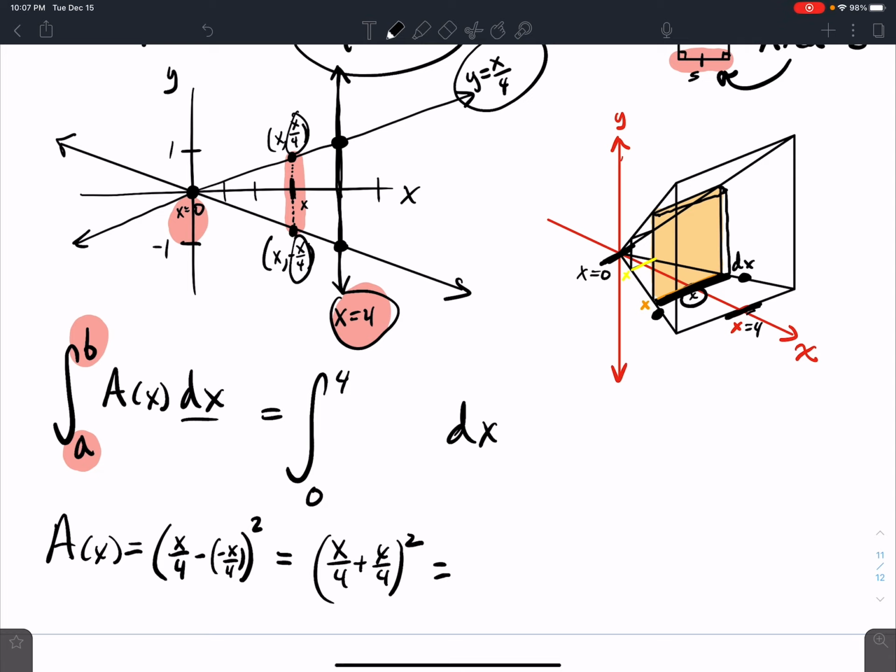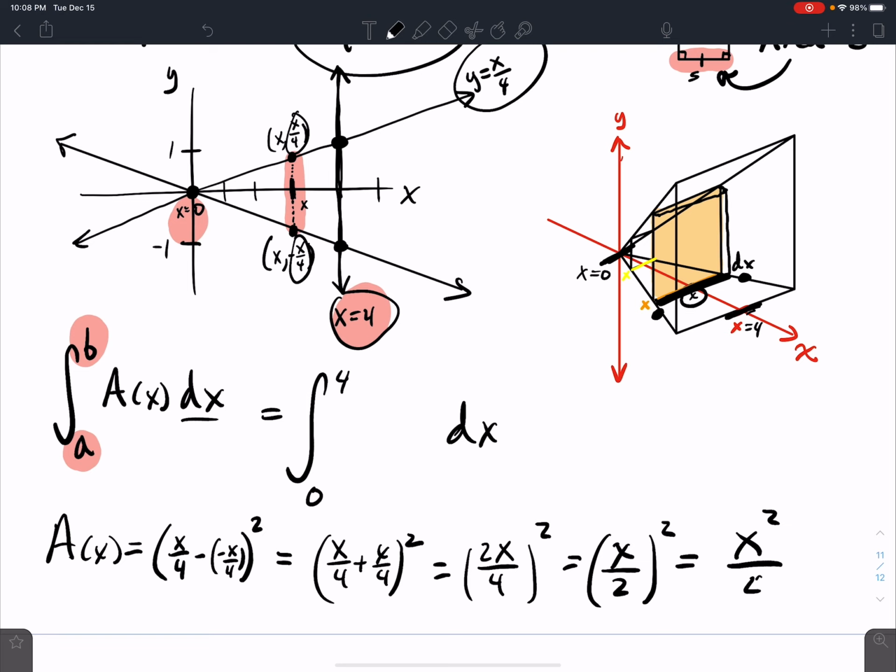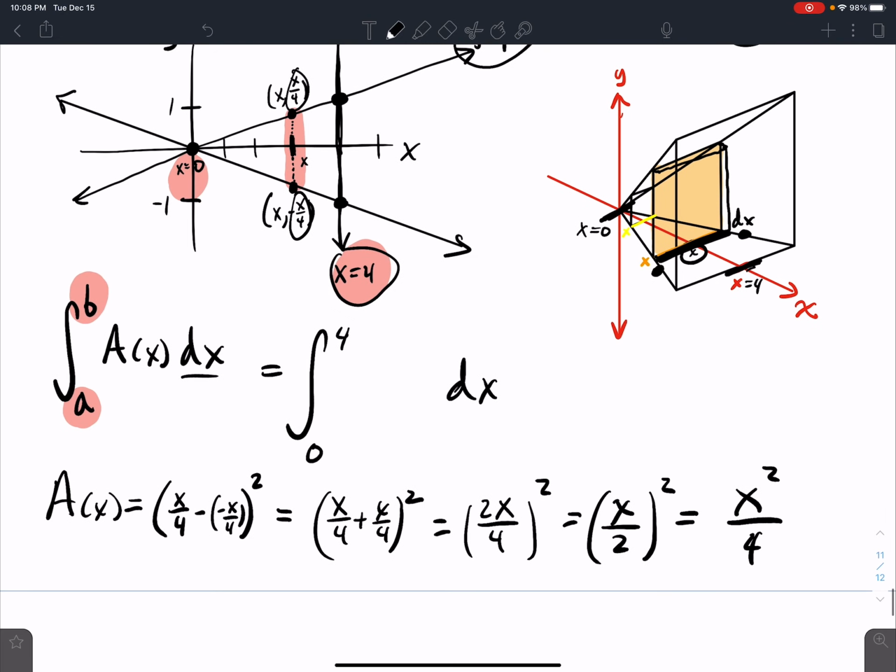So that's going to be 2x over 4 squared, which is x over 2 squared, and that reduces to x squared over 4. So my area function, A of x, is x squared over 4. So that's x squared over 4 here. Now all I have to do is integrate, and if I integrate, I get x cubed over 12